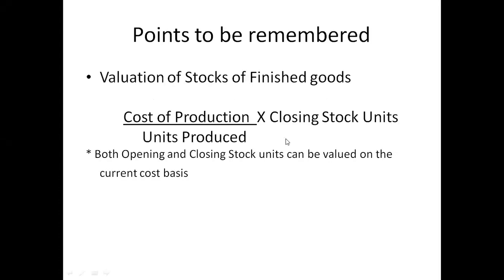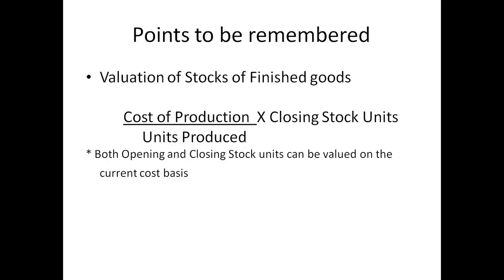Okay, so before that, this is a formula. In certain cases, finished goods stock value will not be given. Okay, the finished goods value we have to calculate. So how to calculate? We put together all the raw materials, direct labor expenses and other expenses, factory expenses, factory overheads, administration expenses, salary, and selling and distribution overheads. These are all the expenditure we put together to arrive at one product. That is called cost of production.